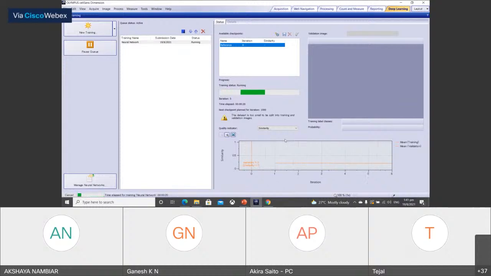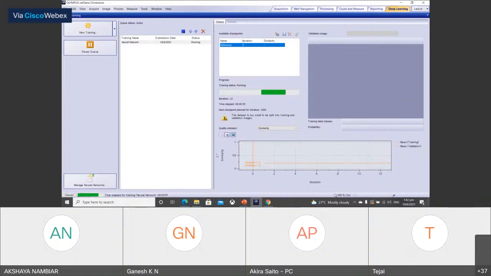But for the neural network creation, there is one factor called similarity. There is a validation going on during the creation to see whether the neural network is created well or not. If it becomes close to 1, then the neural network is created well.